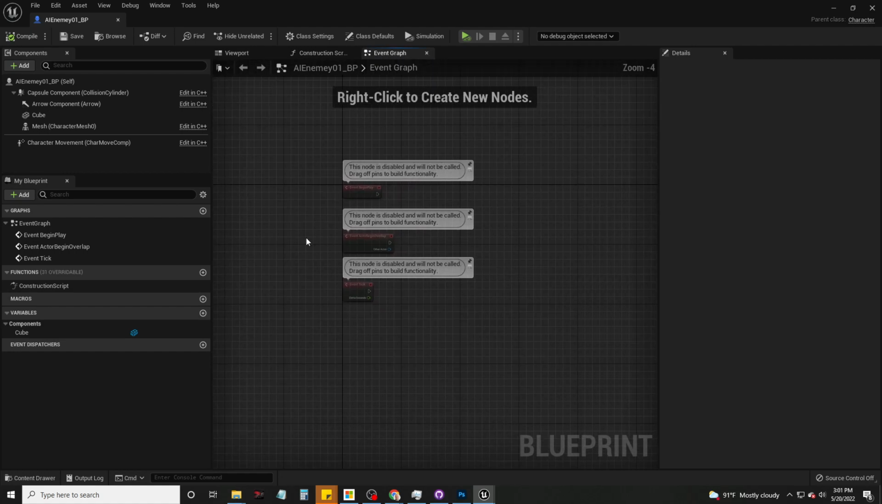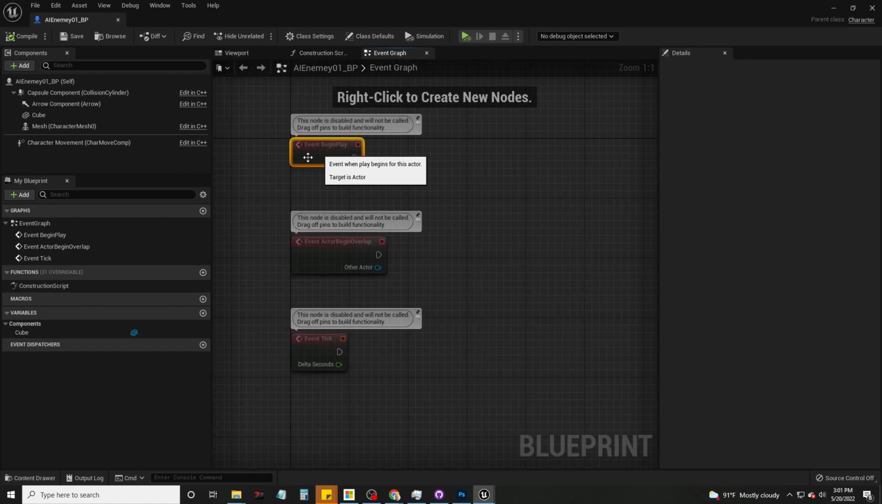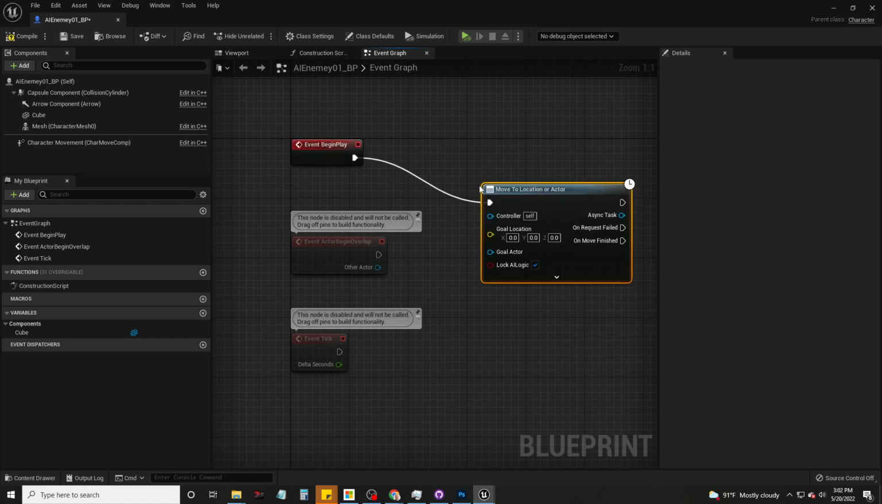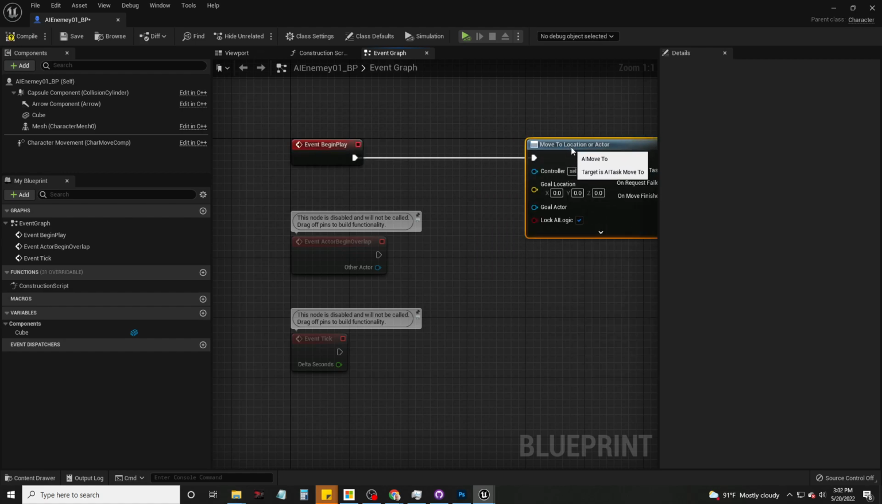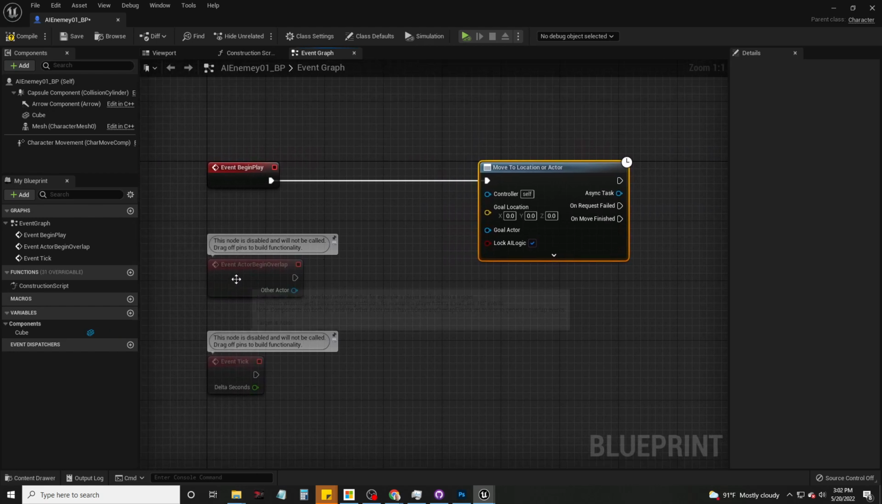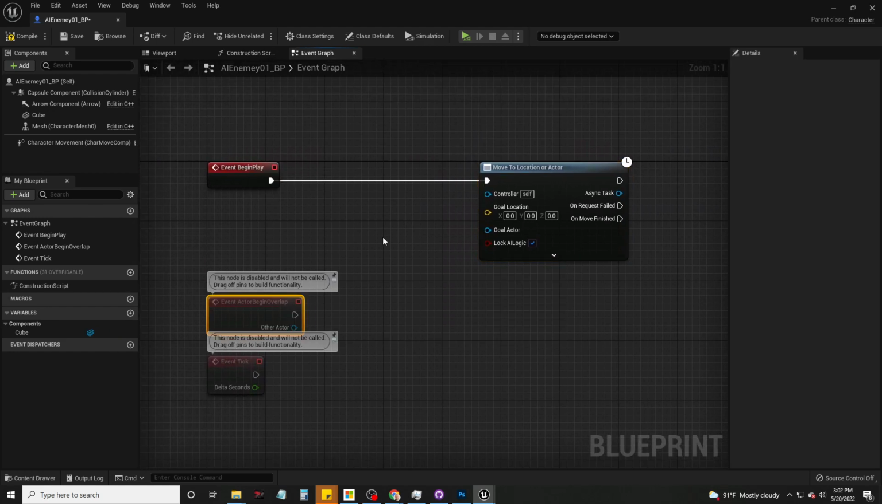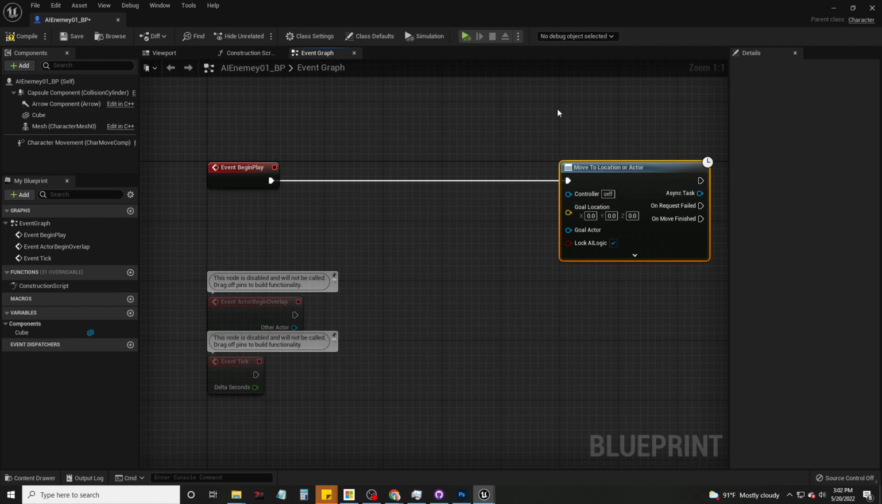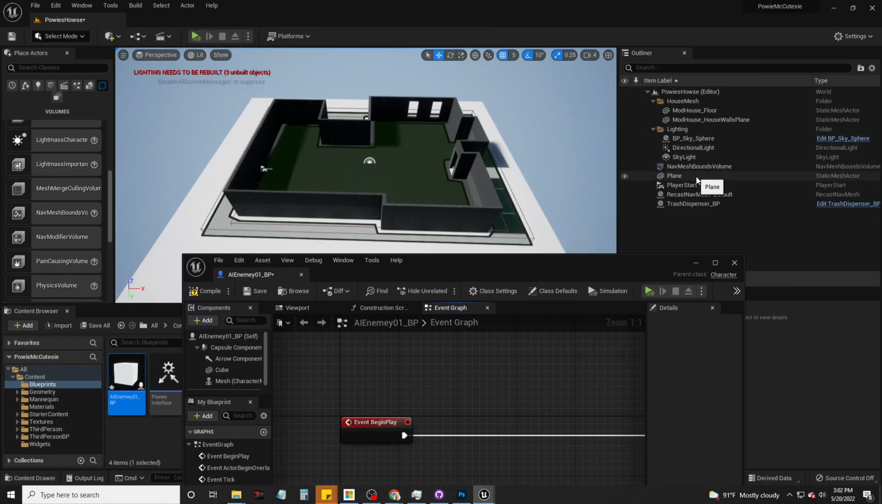Now the easiest thing I can do is say, on event begin play, we're going to start to do something. And I'm going to type in AI move to location or actor. Now a lot of times when people do AI, they're going to look out for the player. In this case, we will eventually, but for right now, I just want this AI to kind of roam around and spew garbage out. So the thing it's going to do is go to a location, and where is that location going to be? I'm going to use the old trick of the